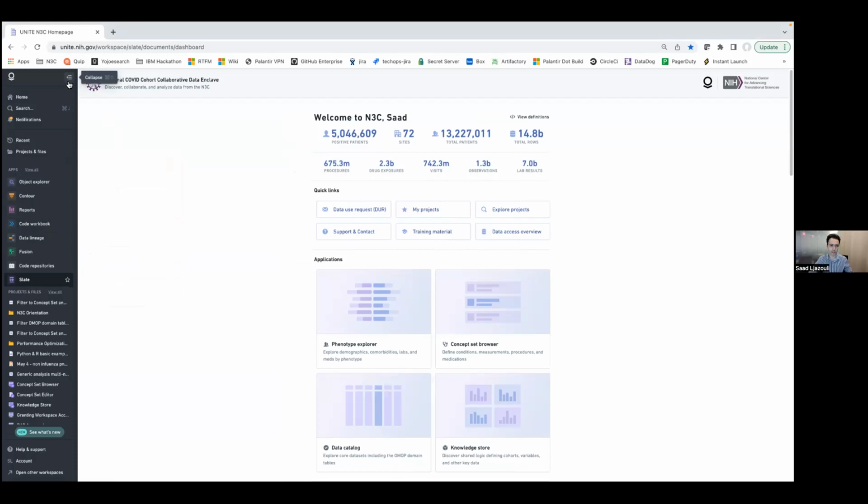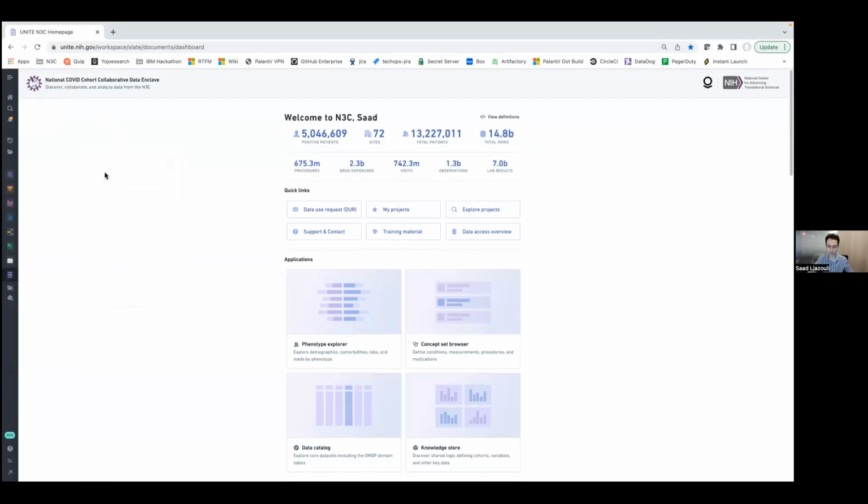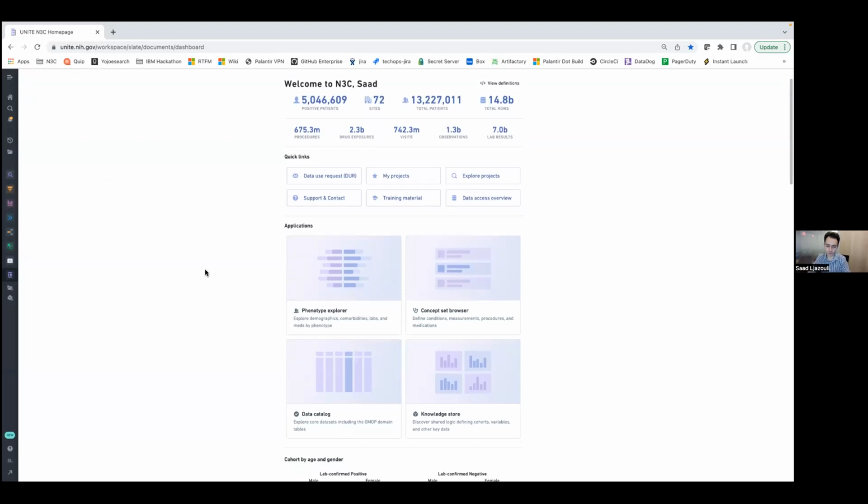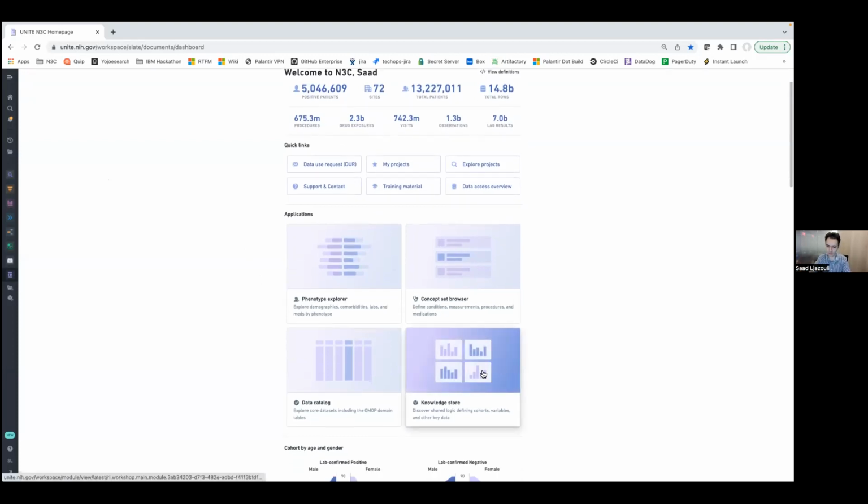So maybe what I will do is start with the case where you look at the knowledge store and some of the knowledge objects being shared by other researchers in N3C that have example workbooks. And maybe you don't want to use the code workbook templates because you want to customize a lot more than what the template allows you to do. One way to get around that is to just create a copy of the example workbook in the knowledge store. So if I go to the knowledge store here,